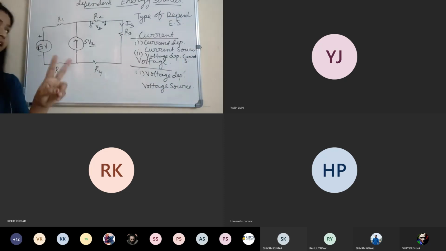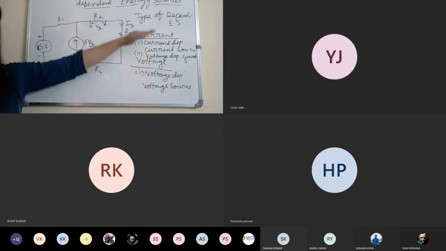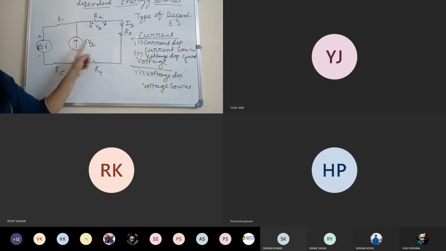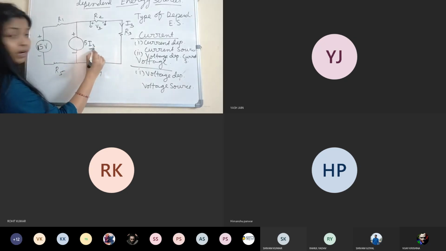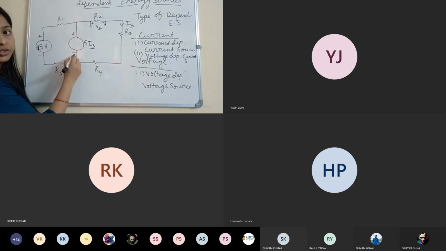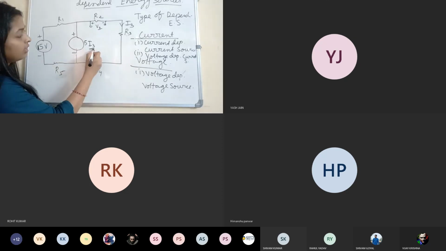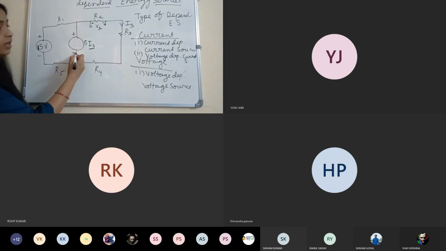Okay. So we have seen two categories of current source dependency. One is current dependent current source, other is voltage dependent current source. So in voltage also we can see two types of category, plus minus 5, let's say I3. So this is what? Listen carefully. Depending on I3, the source is voltage. So I can name the source as current dependent voltage source. Depending on current, and though it is a voltage source. So what will we call it? Current dependent voltage source.